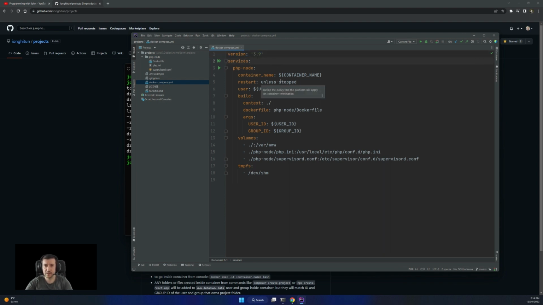With Docker Compose, you can run Docker containers through multiple means. One of them is Docker Compose. Some other command is Docker Run. I personally prefer Docker Compose a lot more because you can control a lot more things than with Docker Run.